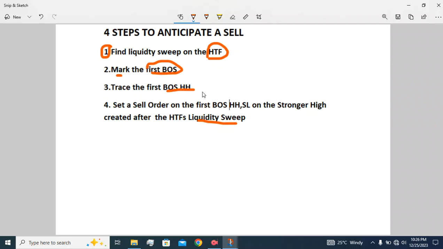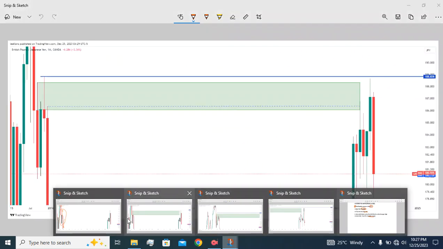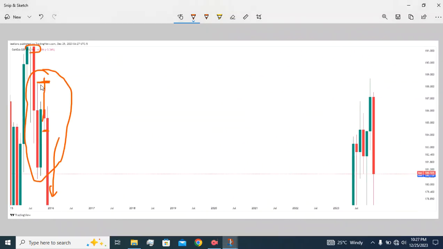So we trace this high, and that's where we set our sell order, and then the stop loss on the stronger high created after the higher time frame's liquidity sweep. This is what we mean: a sweep of liquidity, then a first break of structure, and then its high. Say trace its high, which is right here. This is the guy where we're supposed to set our sell order and to potentially move down. Say stop loss above this guy here, around above here,